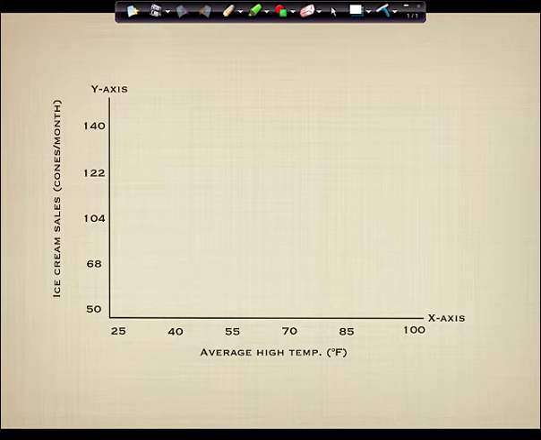Now guys, let's call a timeout. Did we do that properly given what you know about independent and dependent variables? Which one goes on the y-axis, the dependent or independent variable? The dependent. So try the sentence on for size. Does the amount of ice cream sold depend on temperature?